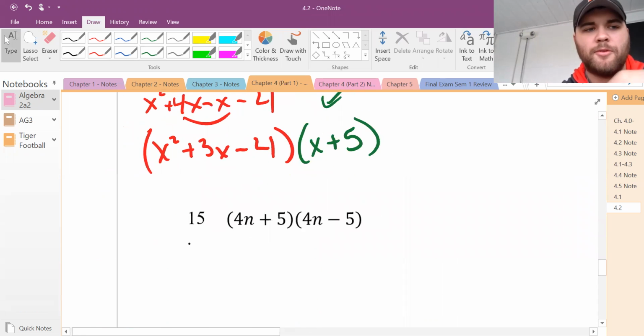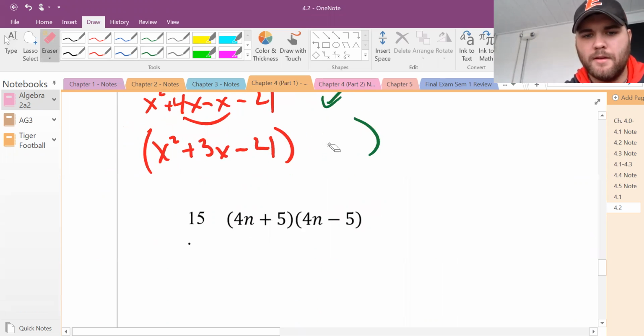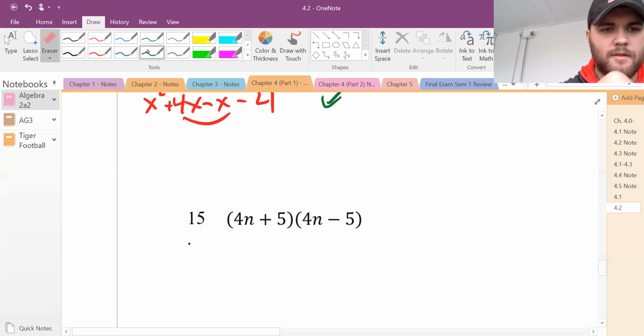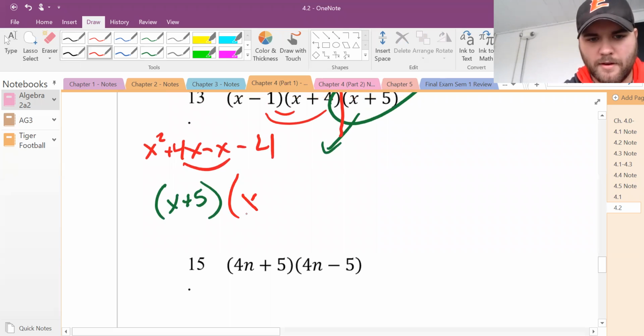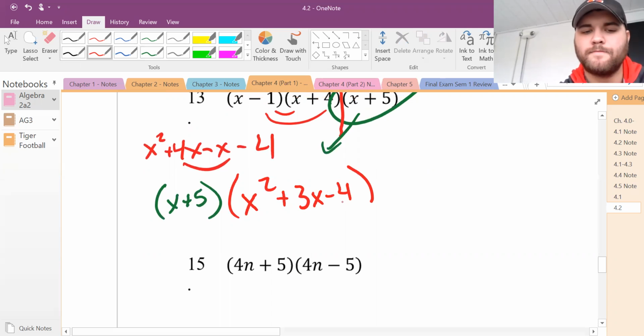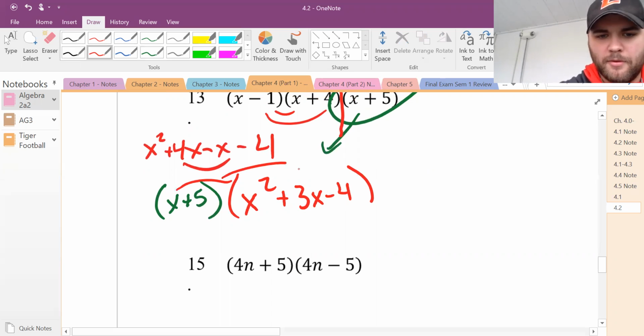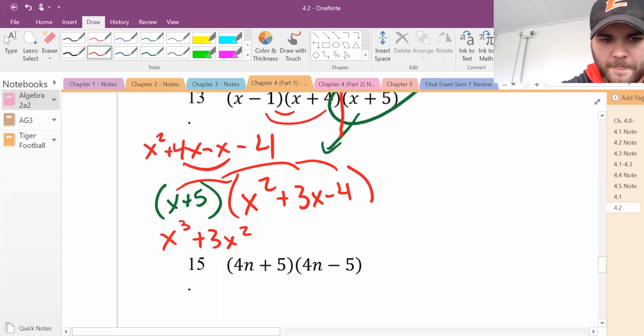Well, actually, here, let me switch it around for you. Okay. I'll prove to you guys that it doesn't make a difference, whether it's on the left side or the right side. Okay. So let's distribute this x all the way through to each term. So we get x cubed plus 3x squared minus 4x plus,